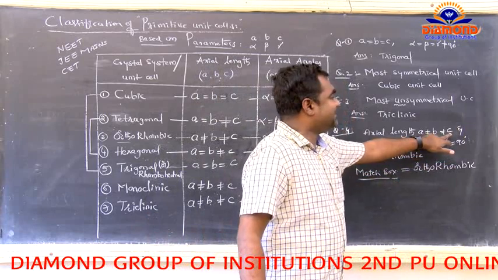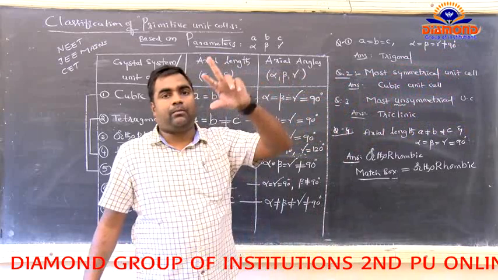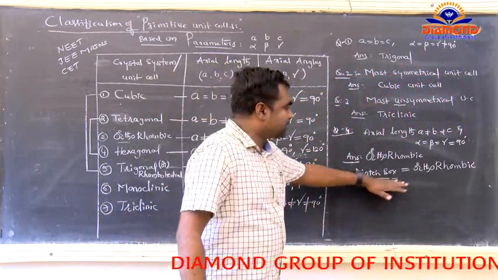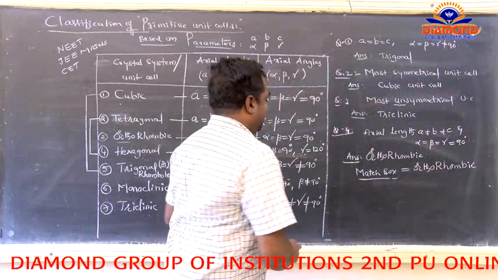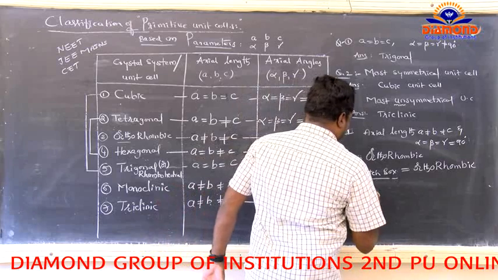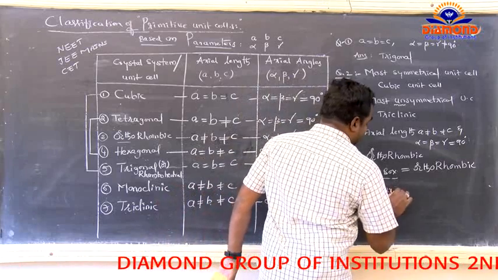Each and every side is different: the length is different from the breadth and the breadth is different from the height. So the matchbox belongs to the orthorhombic. Next, question number 5, is somewhat different. Here the unit cell has the axial lengths